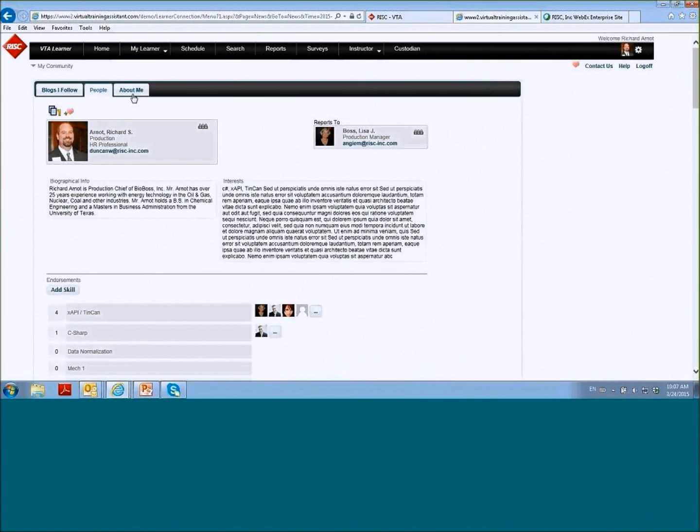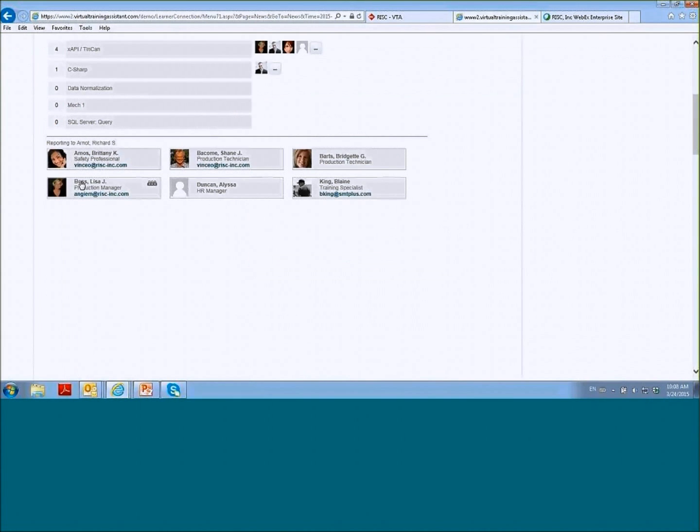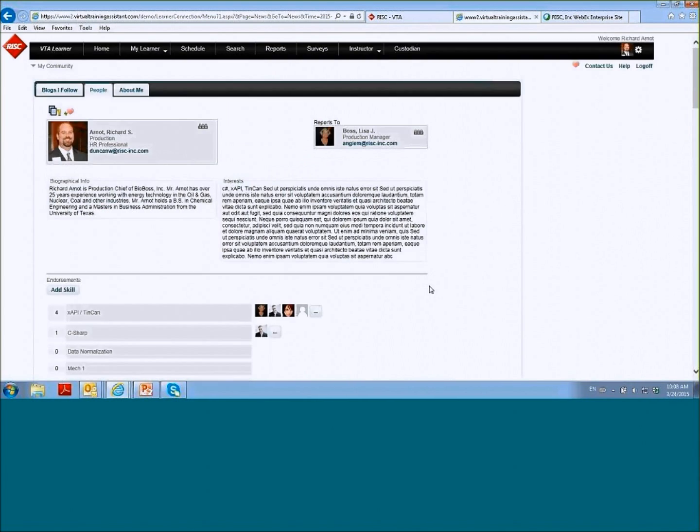I'm logged in as this Richard Arno person, so it shows me at the top of the screen. These comment cards and the data that gets displayed in them is configurable by organization, so you can choose how much or how little information you want included in these items. You'll also notice that it shows who I report to at the top, and then at the bottom, who is reporting to me. Now, if one of those folks is a supervisor, you'll see that supervisor icon there,